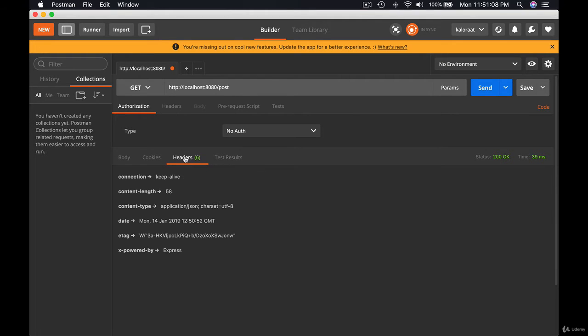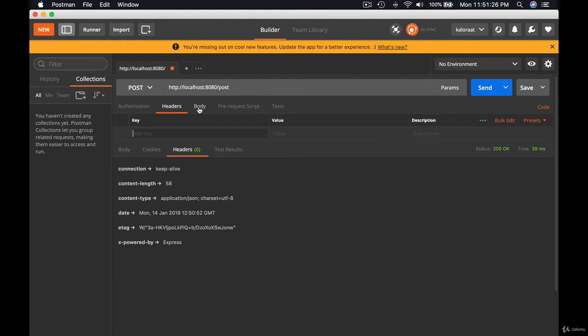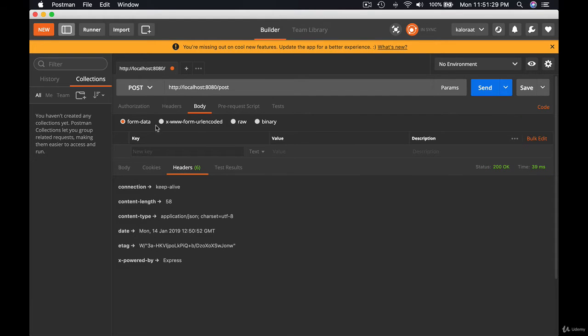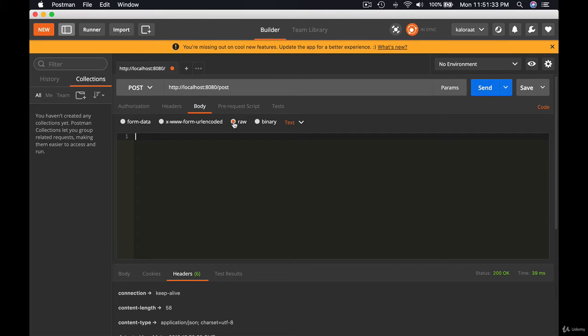Okay, so to create a new post, what do we need to send? First thing, we need to make sure that it is a post method, not get. Change that to post. Let's go to body. From all these options let's go to raw, click here, and when you click you get this option. Click here and choose JSON, application JSON. So that is the type we need. Now we can create a JSON format here to submit new data. So the title,